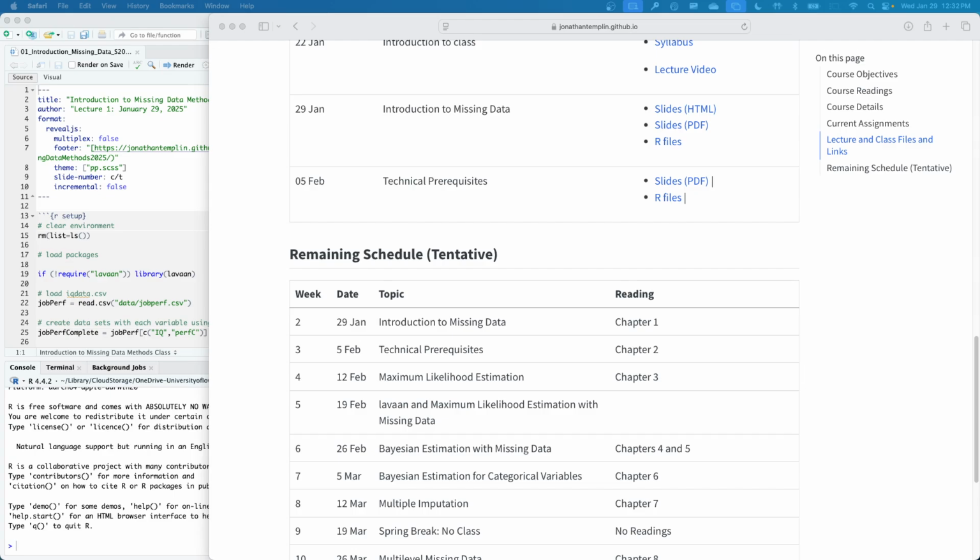What I wanted to do was get some more, so next week we're going to do technical prerequisites, and then the 2 weeks after that will be maximum likelihood estimation, and then how we use maximum likelihood estimation with missing data. And as you get into it, you're going to realize that part of that is